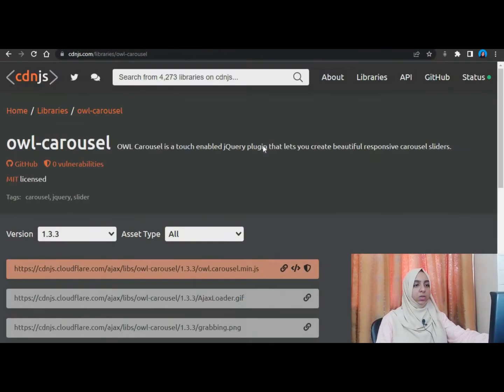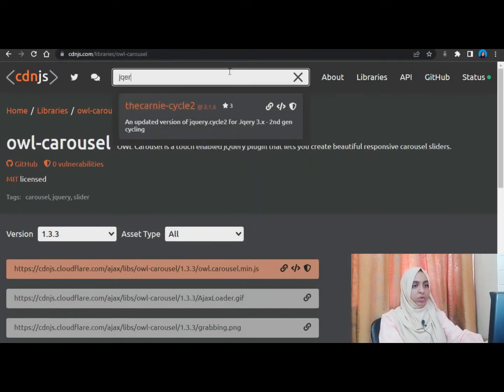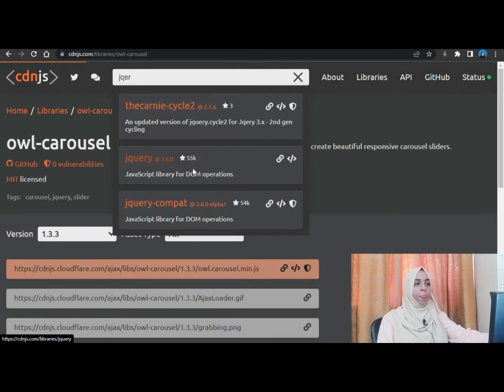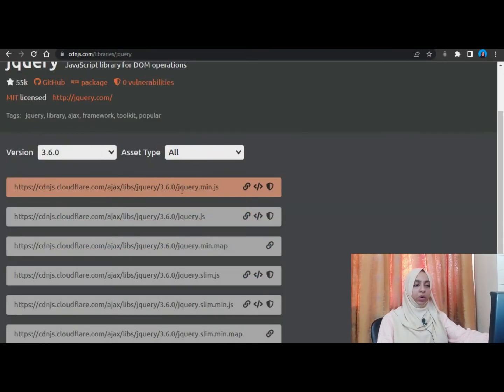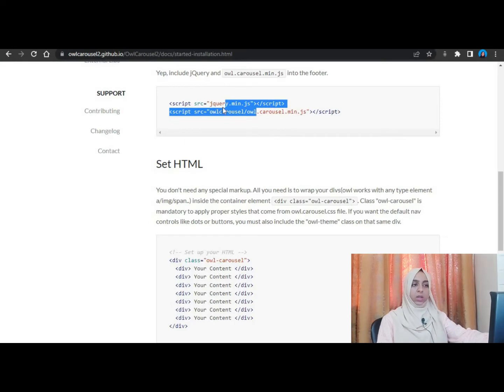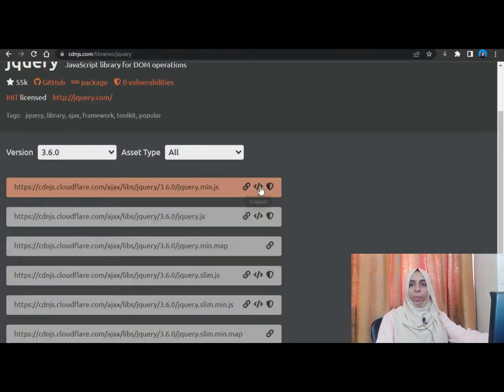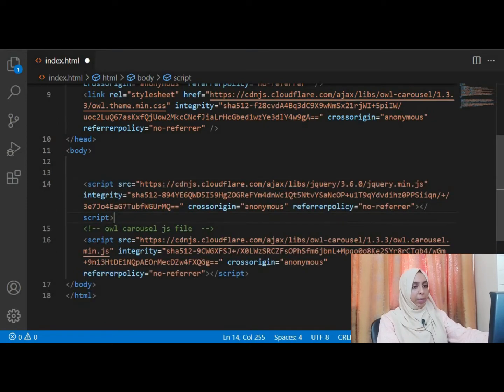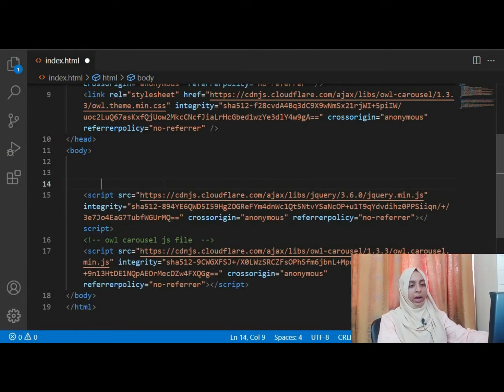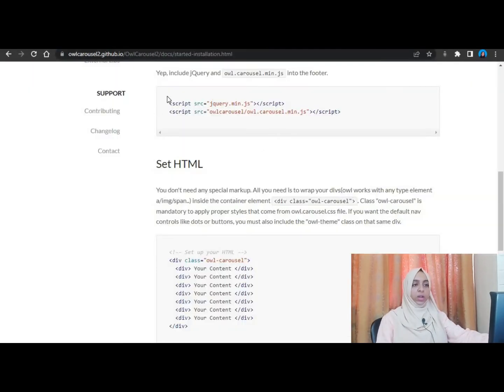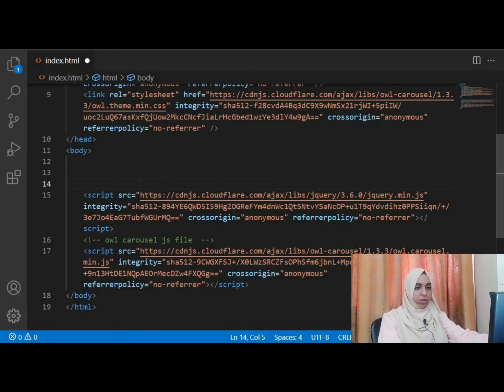Now we need the jQuery file. So here you can just go and search for the jQuery file, jQuery CDN. You go to jQuery, and the first one you find over here is jQuery min.js, right? So just copy that script and paste it above your owl carousel script file. Just see the sequence over here, because there are times it won't work if you change the order of your scripts. So it's important to see what order they have said to use it in. So first we'll be having the jQuery file and then the carousel min.js. So this is our jQuery CDN.